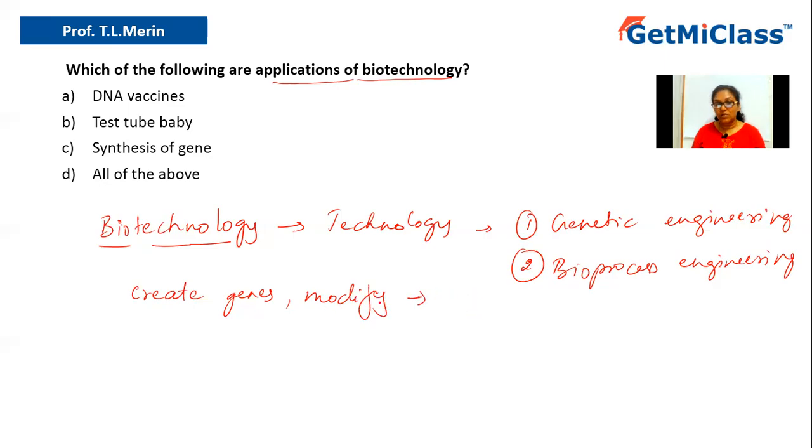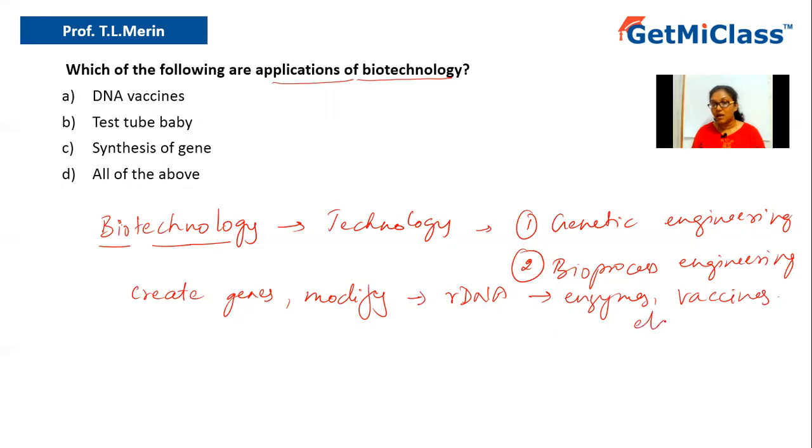That means you're going to modify the gene as well as the DNA. If you have a DNA which doesn't have your desired gene, you can just take your desired gene from another organism and put it in that particular DNA. So that may even bring about the formation of recombinant DNA. And by this method you can produce various enzymes, you can produce vaccines,